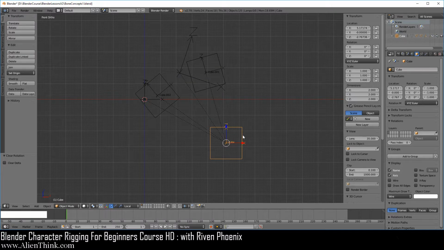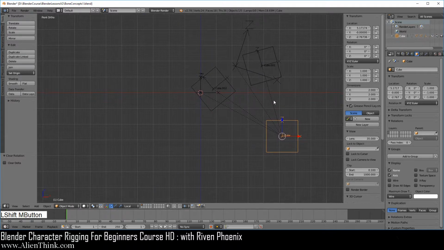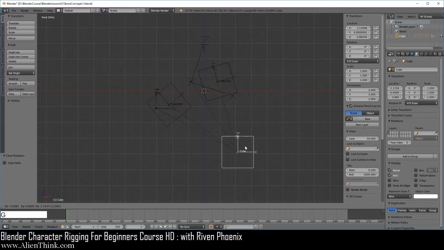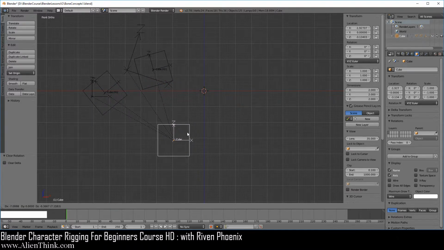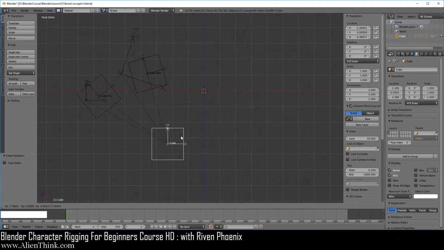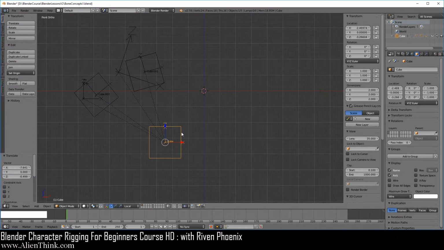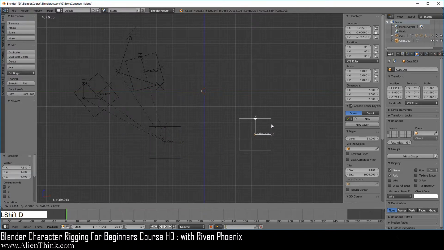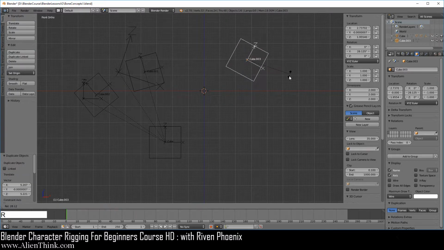Now let's take a look at how this works with nested relationships. Here in this case, I'm just going to press the G key and move this guy right around, let's say over here, so we have some space to work with. Go ahead and do Shift D to duplicate this object, put it over here, and press the R key to rotate.